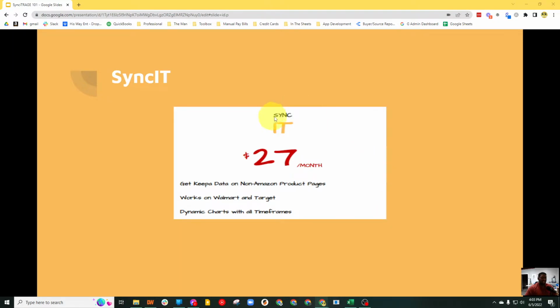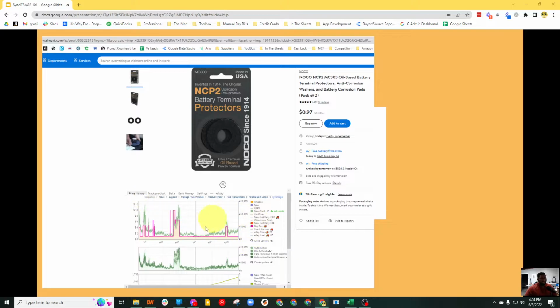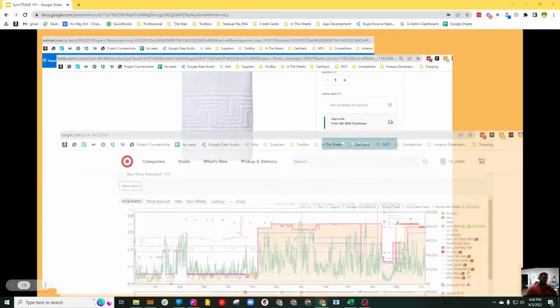All right, so SyncIt, that was the one I was telling you we're going to get into. This is super cool, and I didn't think that I was going to have a use for this until I started doing more raw sourcing and realized, yeah, there is a use for this. SyncIt basically allows you to keep Keepa data on non-Amazon product pages. And what do I mean? Well, how would you like to have Keepa data on Walmart or Kohl's or Target?